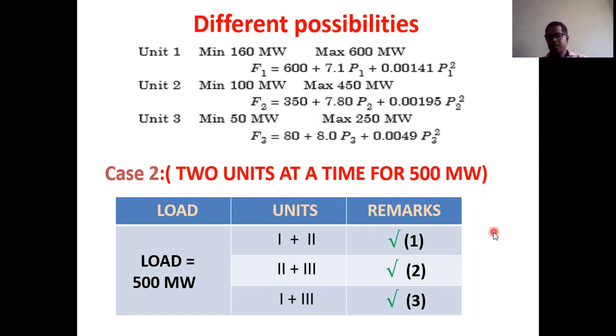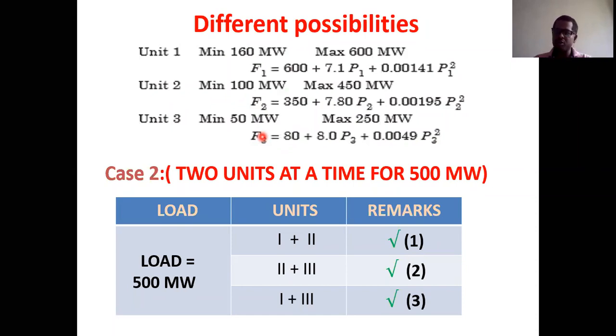Now, let me clarify this point. Forget about the number of possible combinations. Now come to your fuel cost functions. When I'm saying optimally or economically, listen very carefully. We must analyze what the fuel cost is for the given plants. F1, F2 and F3 are the fuel cost functions. But optimally means we must understand what the incremental fuel cost is. That is very, very important. Repeatedly we have been discussing the same point, incremental fuel cost.